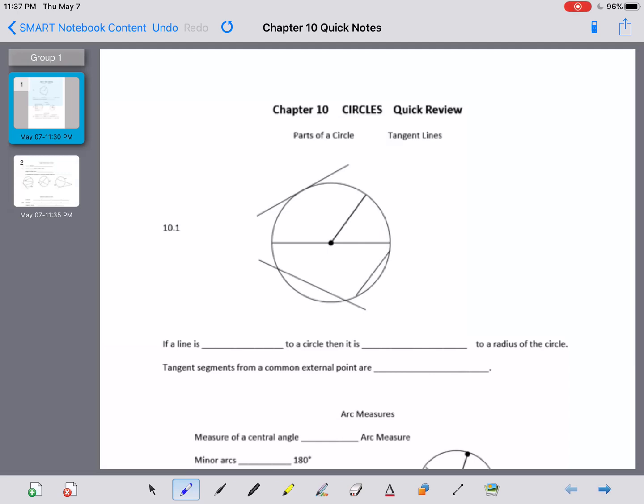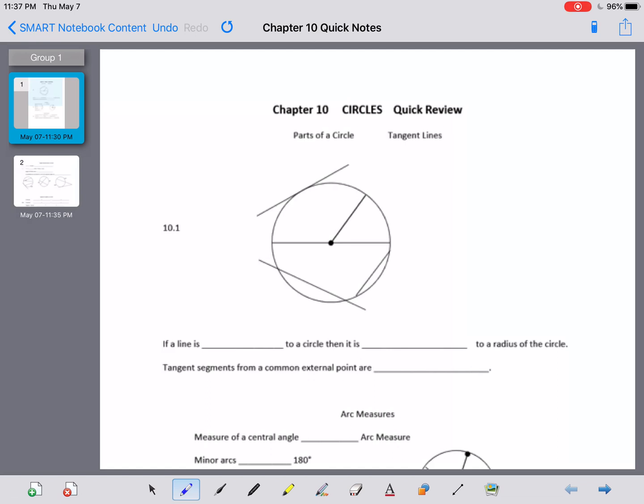Well, geometry students, we're finished with chapter 10 on circles, so we're ready for our gold sheet. Obviously, I can't get you a gold sheet right now, but hopefully you can go through with me and do a quick review of the whole chapter. In 10.1, we talked about parts of a circle and specifically tangent lines, but let's first look at the parts